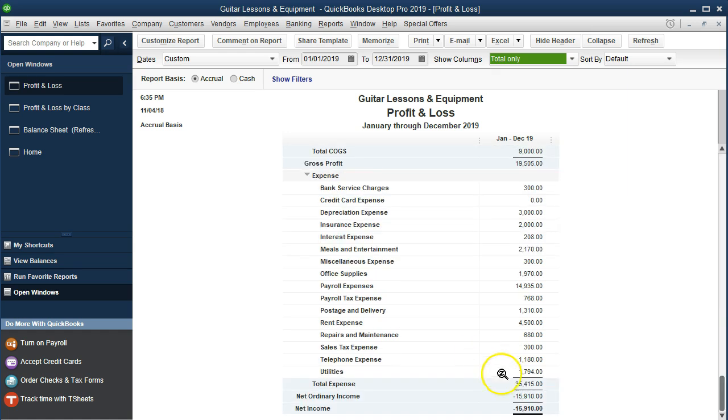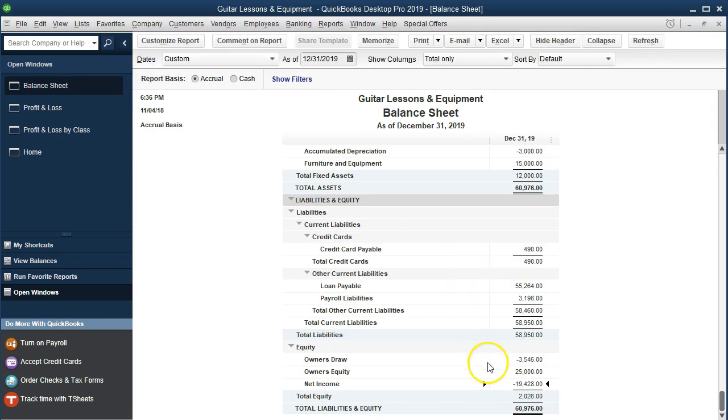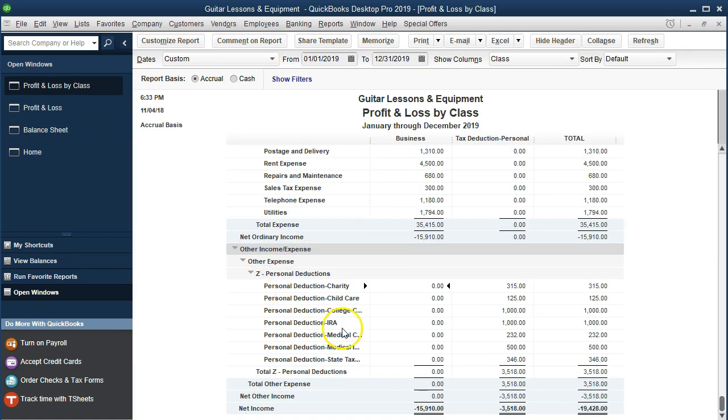Also note though, however, that this item down here, once again, isn't what's going to be reported on the balance sheet for that time period, because the balance sheet's going to show the total. But again, a normal balance sheet shouldn't even break out the net income there. And really what the actuality of this is, that 19,428, if we look at the profit and loss and we take away the filter, well, let's go to the profit and loss by class. What that really means is that 3,000 of it should be going to draws, and the 15,910 should be going to the